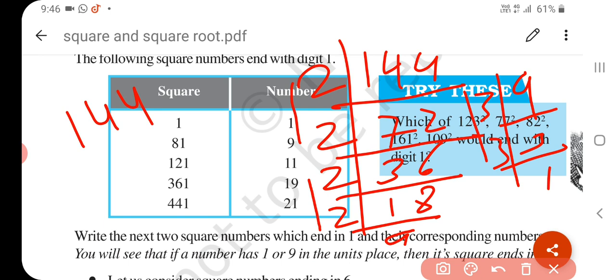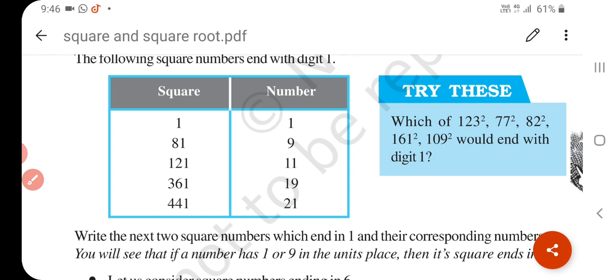Understand what a perfect square number is and what the square of a number is? I think you understand. Because of your exam, we are going very slowly, so today we are going to stop here. What is a square? When a number is multiplied with itself, the product is called the square of that number. And what do you mean by perfect square? A natural number is called a perfect square or a square number if it is the square of some natural number.